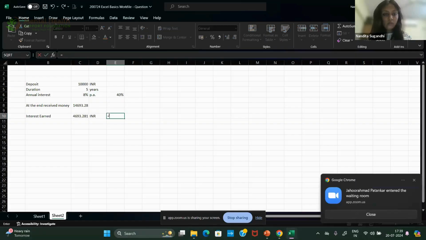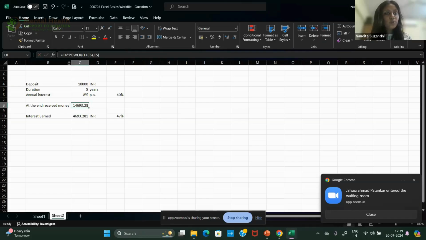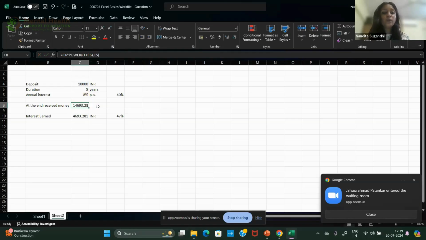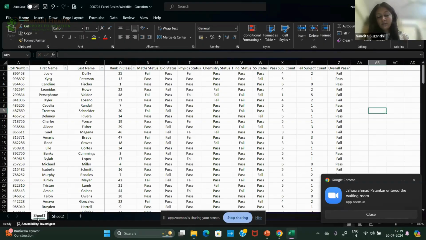But right now, what you have received is 46% because it was a compounded interest. So I've just shown you how to use power. Power means you first pass the number which has to be multiplied by itself, and then you pass how many times you want to multiply that number. And this is a practical example of how to use this function.